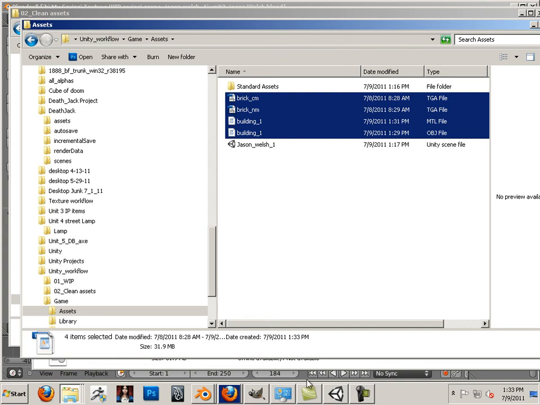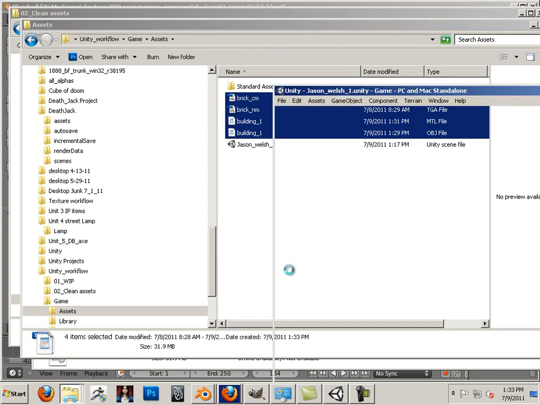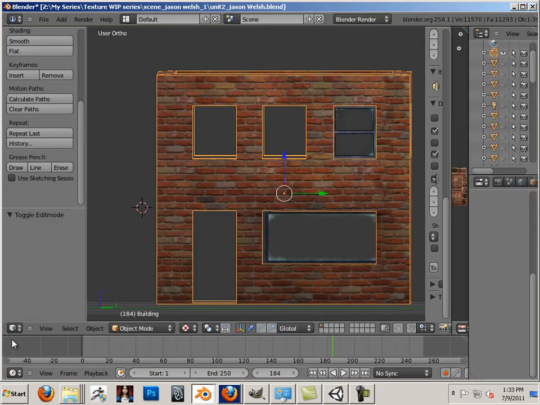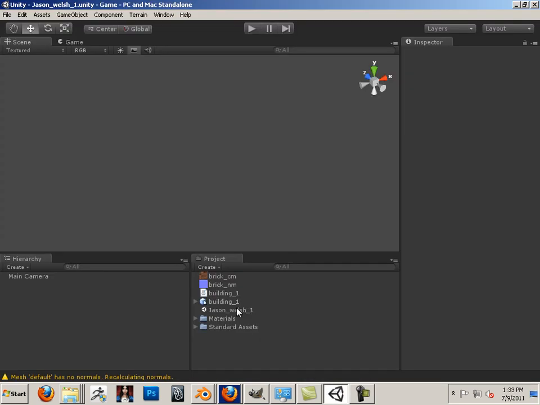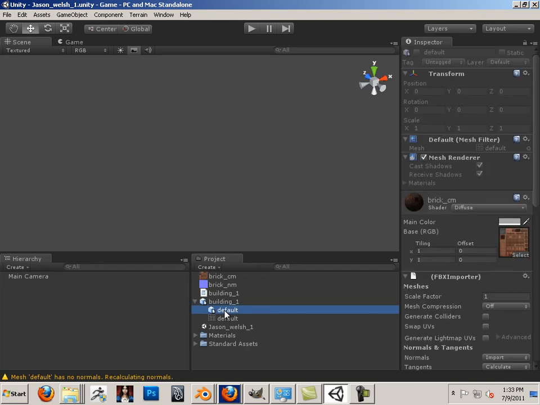Alright, now what happens is if you go back to Unity, you're going to find that they're in your project folder. So here's your project folder, and it automatically did everything for me. Building 1 has materials, and there's this thing called default. Okay. If I don't want this to be called default, I can quite easily go over